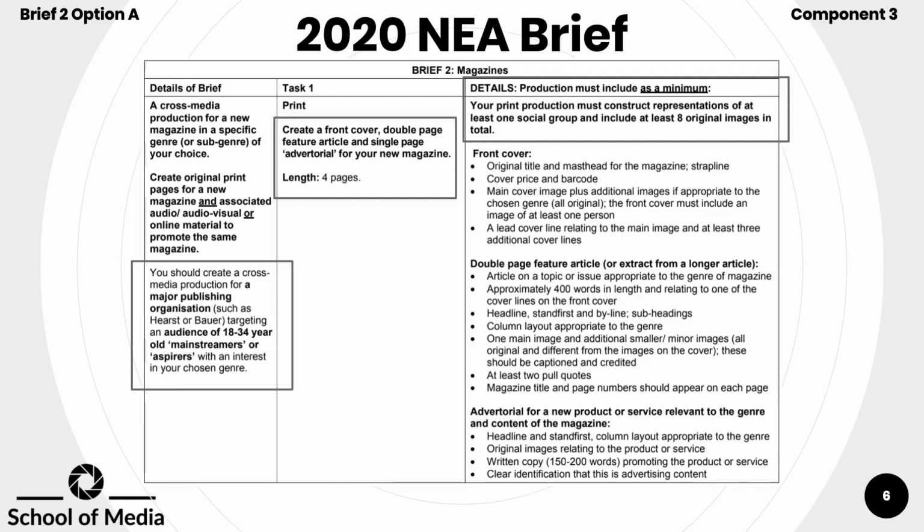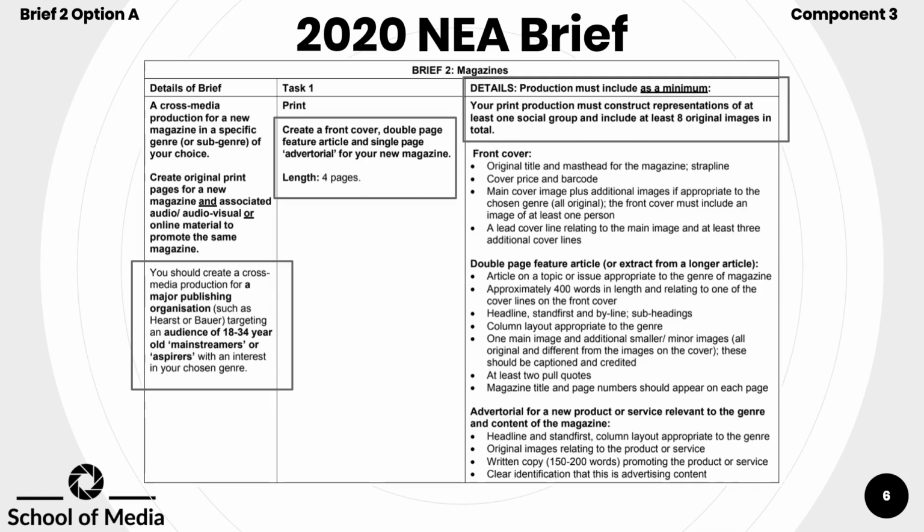Okay, in your statement of aims it says you have to produce a cross-media production for an intended audience. On the left hand side there, that's the phrase that keeps coming up. On the left hand side there, we can answer that question. Who is the intended audience? We've got 18 to 34-year-old mainstreamers or aspirers. Okay, not mainstreamers and aspirers, mainstreamers or aspirers. So decide which one of those you're targeting, and